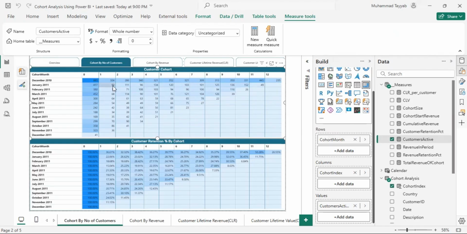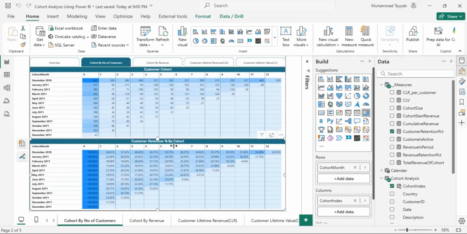then it went back to 92. That number is very low, but then it increased a bit. The reason behind that is this is a sales data set, and it's very common for a customer to become inactive for a few months and then come back again. So this is why the number is a bit increasing and a bit decreasing. But we can see different cohorts' customers over a period of time,